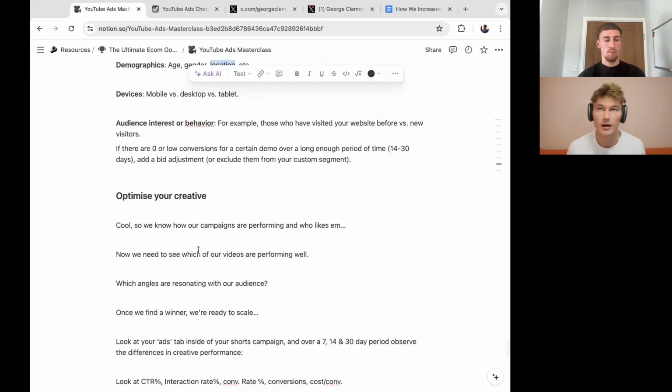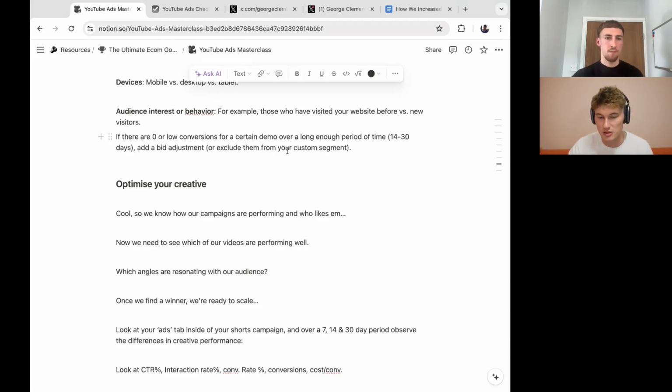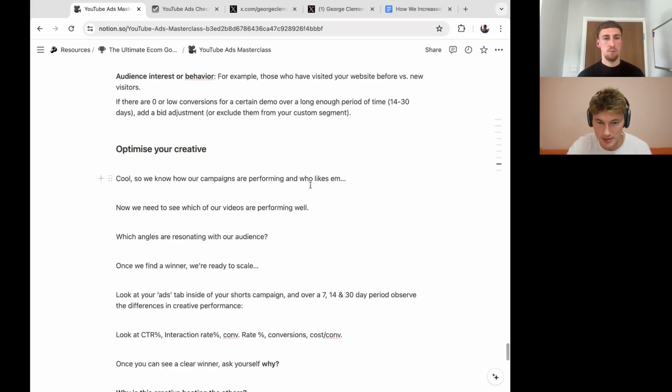So people who love jeans, they're converting like crazy, obviously, but people who maybe went for a bit of a left field audience targeting, like, I don't know, maybe gardeners might like my jeans, but they're not converting, then you need to get them out. You can add bid adjustments as well to your video ads, so you can basically tell Google to bid like 10% more for certain people. It's got to optimize things a little bit there.